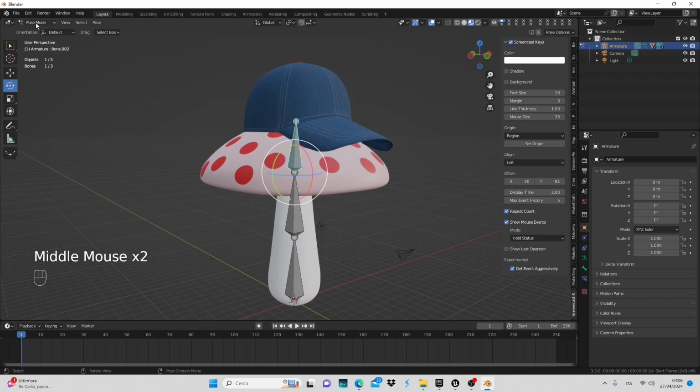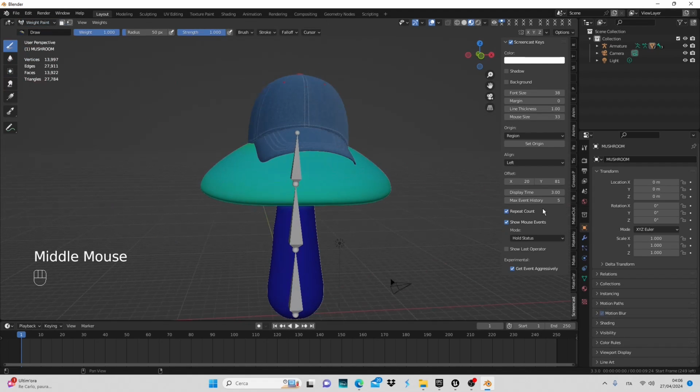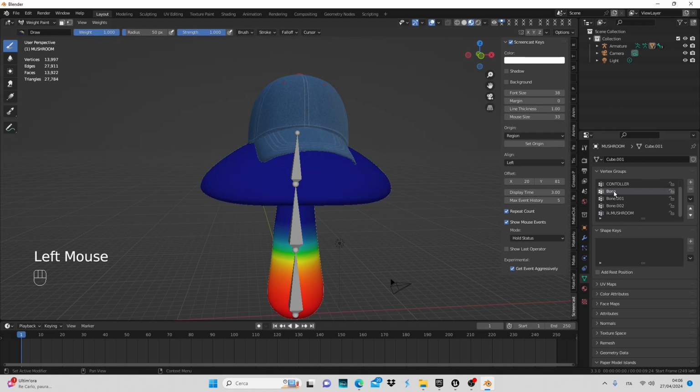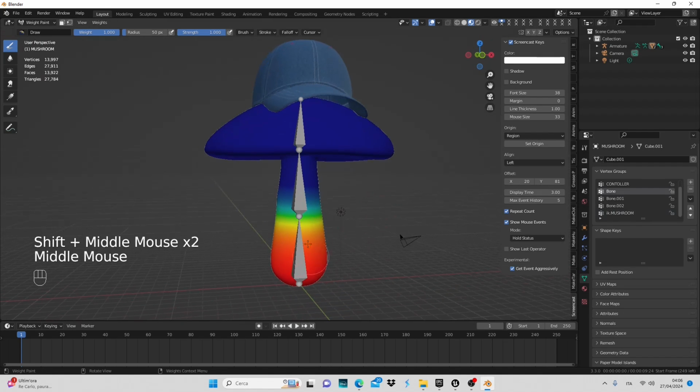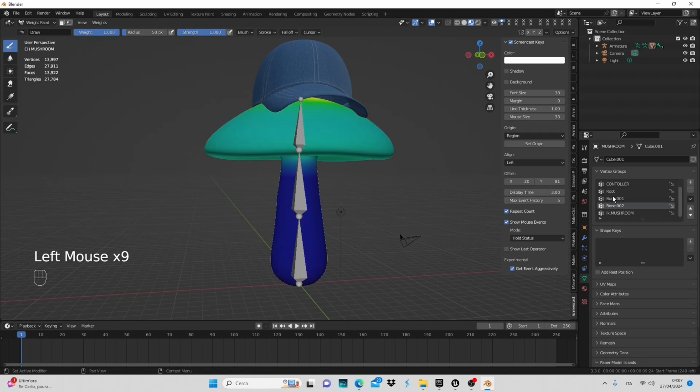To see them, we can go here in object mode, select the object, and then move here to weight paint. As we can see, moving here in the vertex group section, we find our bone. This is the bone at the base, often referred to as the root. So let's rename it. Then we have the first and second bones. By selecting them, as you can see, we will have colors indicating the type of influence our bone has on our asset. We have a variety of colors ranging